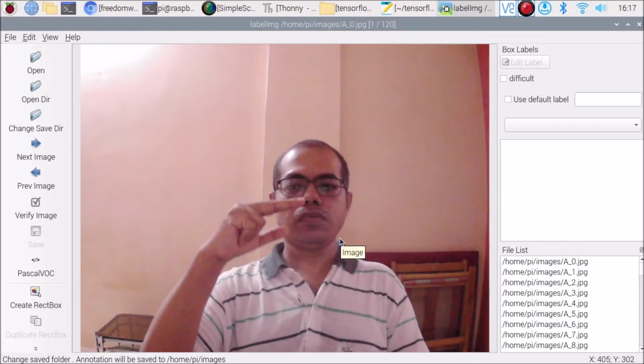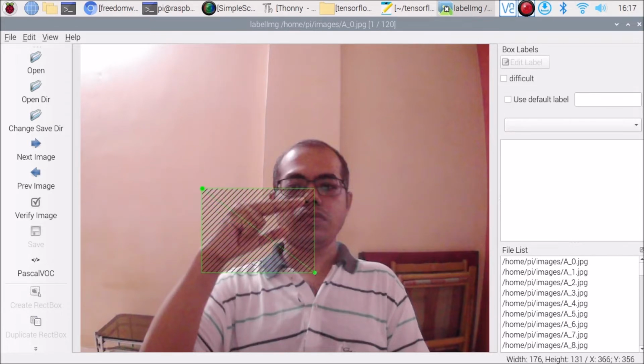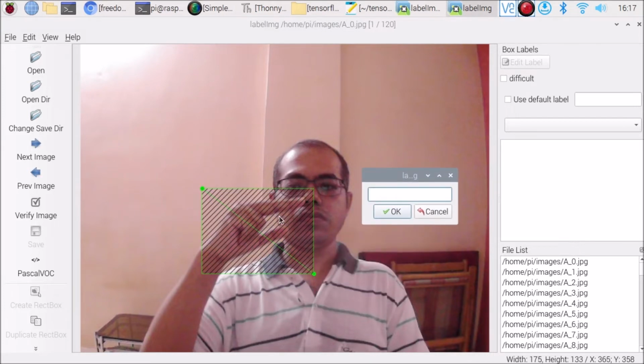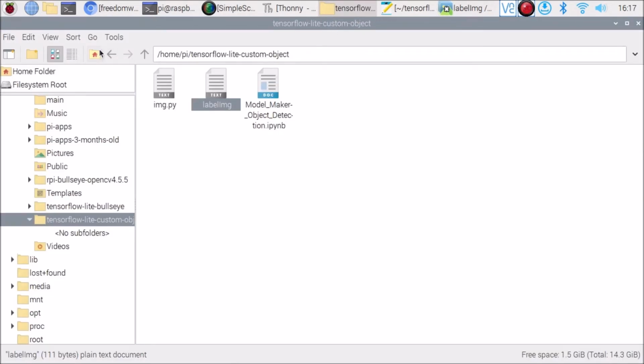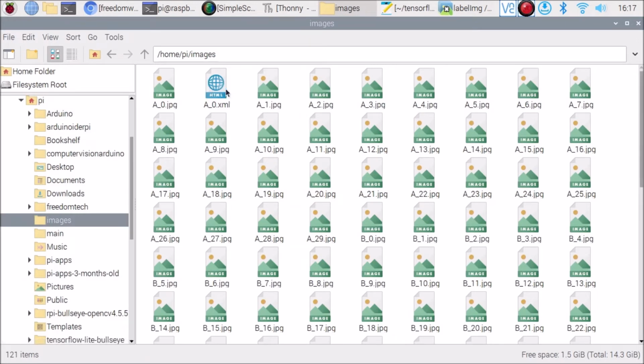Now we are ready, and we are going to create our data. So simple. Here we don't want to change anything. As you can see, the format is the same, and then simply click on create rectangle box, and we are ready. Select our image. So we want to select this image, and this sign is basically the no sign. So we need to mention the name of our object. Okay, so no, click on OK and click on save. It will save the data. So if I open the file manager, let me show you, go to home and images. As you can see, the first data is created.